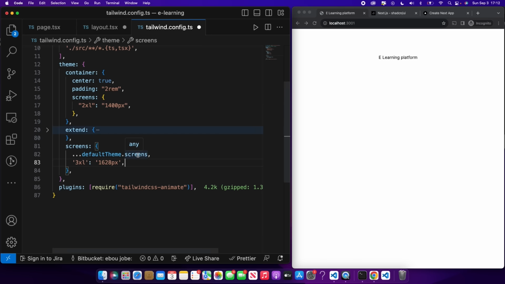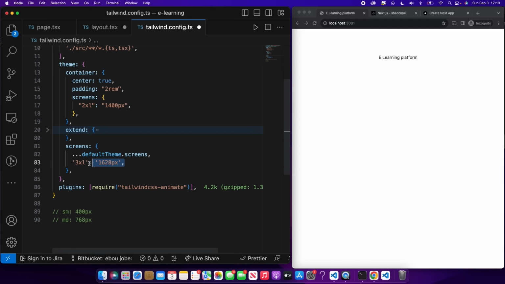The default theme.screens comes with some pre-built configuration. For example, we'll be using this when you say SM. So Tailwind has a specific size. I don't know whether it is like 400 pixels, for example. So this is not the exact amount. If you also put medium, Tailwind also has a breakpoint of, let's say, 768 pixels for medium. So these are not the real values. We can dive into real values later, but whatever is happening here,